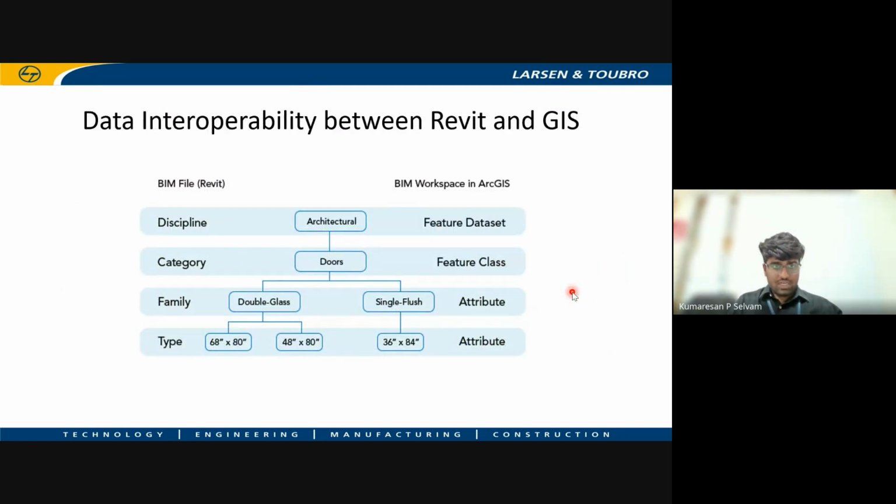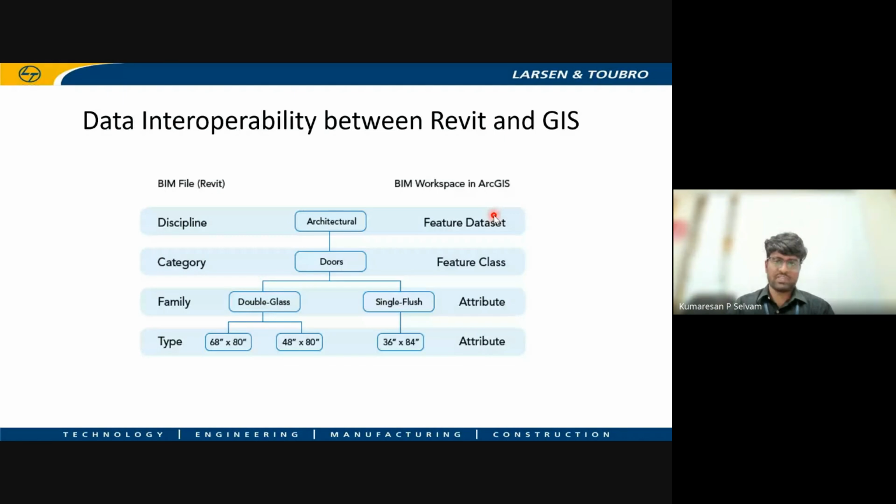And the data interoperability between Revit and GIS. In a Revit file, you all know what is discipline, what is category, what is family, and what is type. For example, the discipline, that is architectural or mechanical or electrical, this discipline in BIM file is called a feature data set in RGS BIM workspace.